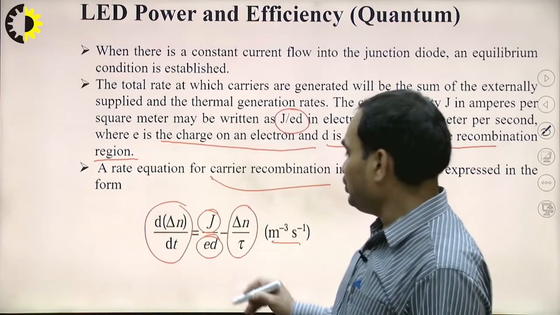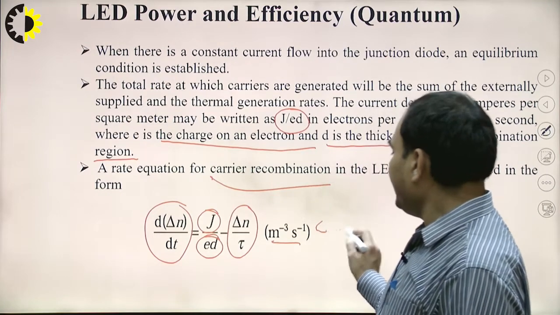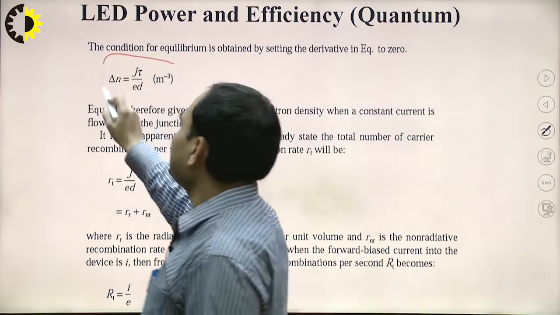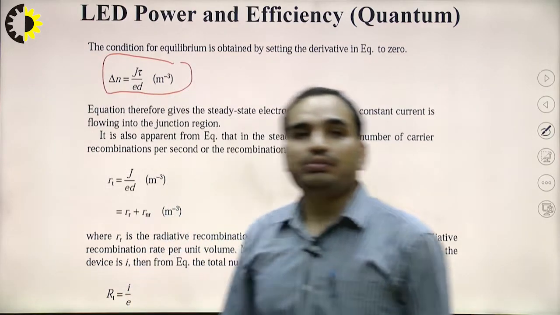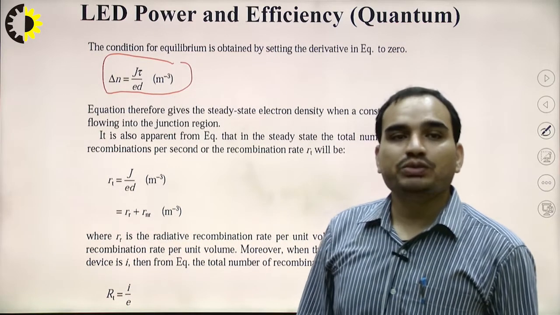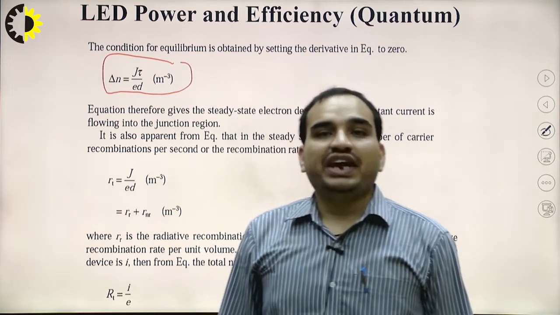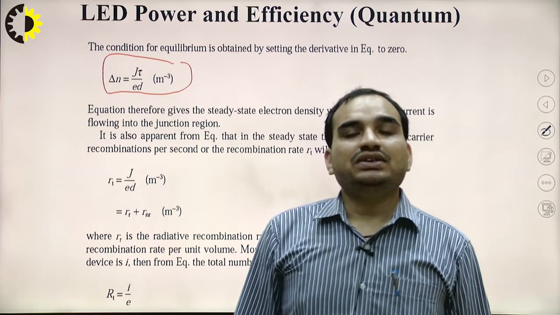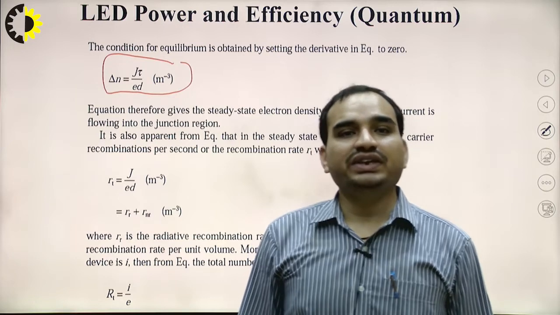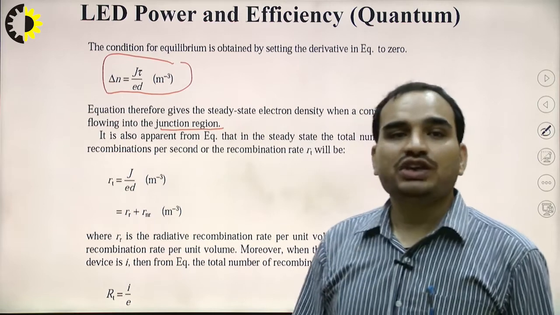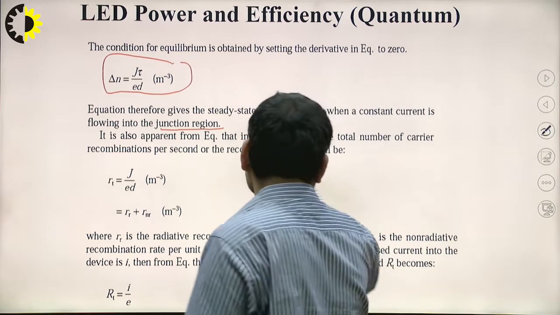So when we are substituting it to 0, we are getting Δn equals Jτ/(eD) per cubic meter. The equation therefore gives the steady state electron density when a constant current is flowing into the junction region. It is also apparent from the equation that in the steady state the total number of carrier recombination per second,